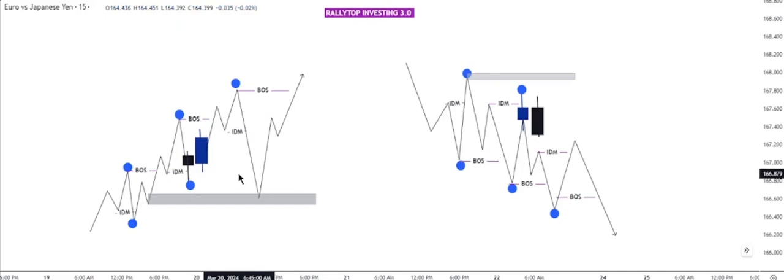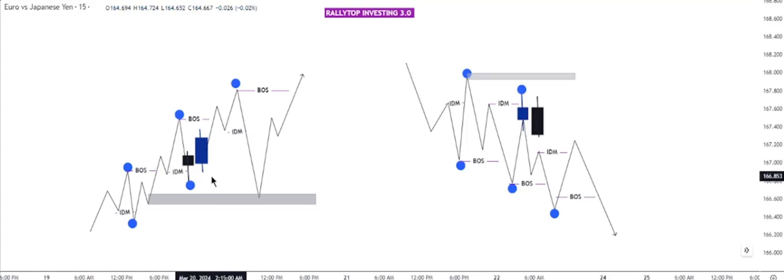Okay? Does it mean that it happens always? No. But we are stacking the odds in our favor here, guys. We are trading probability. Simple. So we want to trade the most probable scenario in the market. And we know that anytime price takes out inducement with a candle wick such as this, eventually price will come and use this candle wick as fresh inducement in the market. Most of the time, this candle wick will become a fresh inducement, and it will be a major inducement if you go